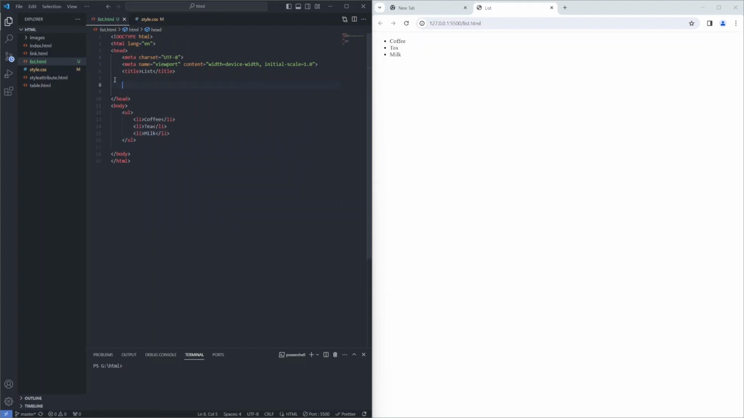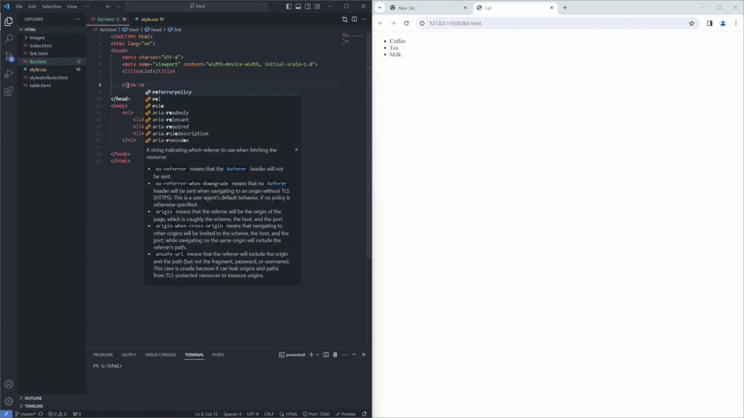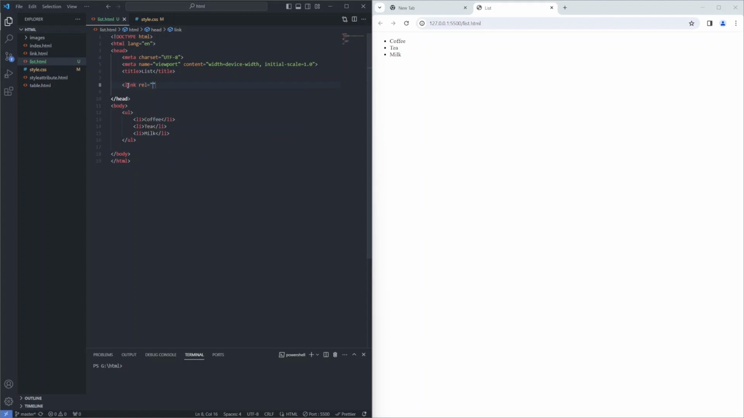Let us link our CSS file with our HTML file here. We are going to use a link, rel stylesheet. Then our href, which is the style.css file. Then we come to our style.css file, and we are going now to style our unordered HTML